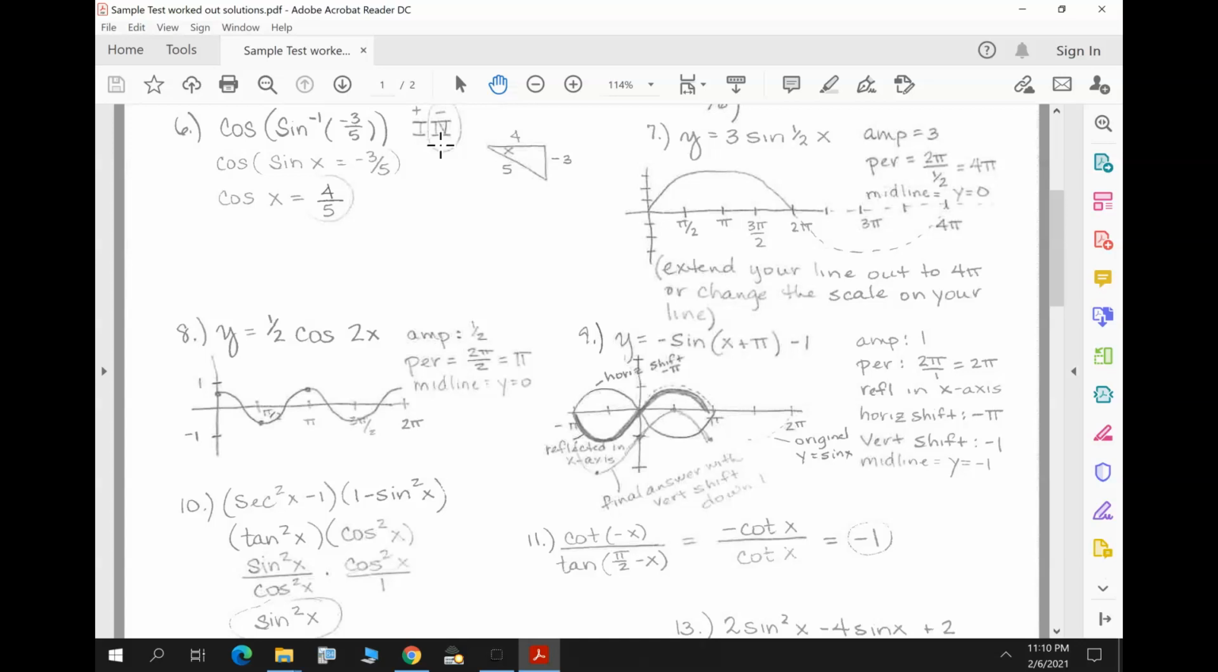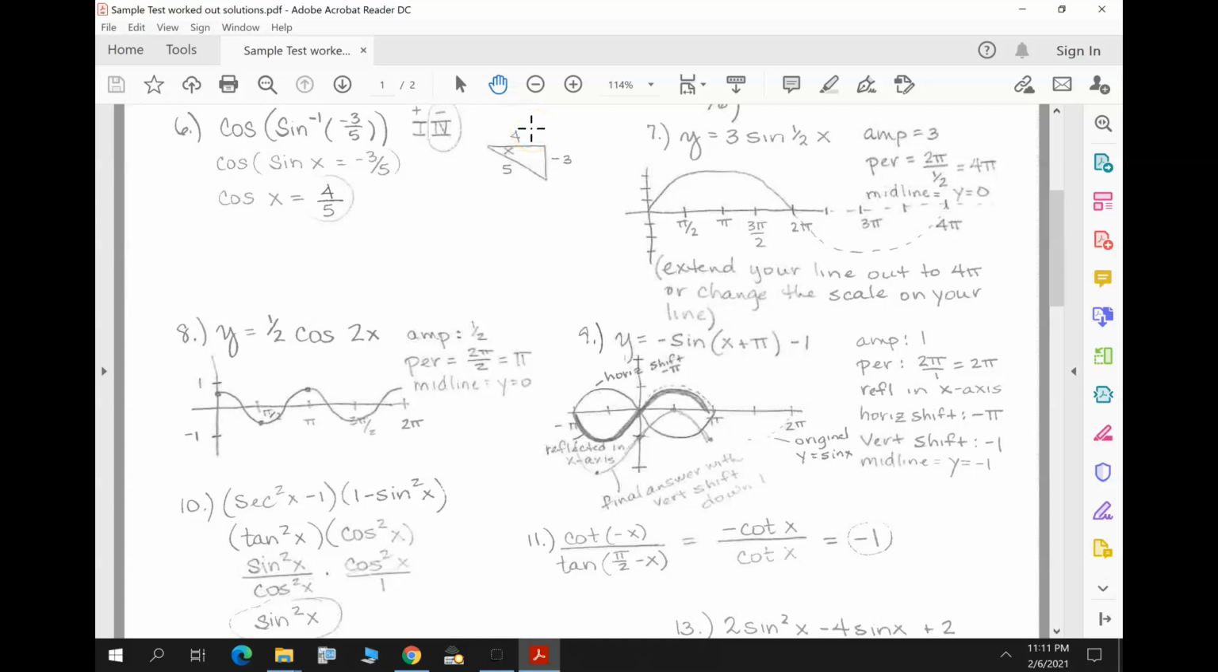If it had been a positive 3/5, I would have been in the first quadrant. So in my fourth quadrant, if sine is negative 3/5, sine is opposite over hypotenuse. Remember that the hypotenuse, or the radius, always has to be positive, and in the fourth quadrant, y would be negative. So then I can do Pythagorean theorem to get my other side, or recognize the 3, 4, 5 triangle,